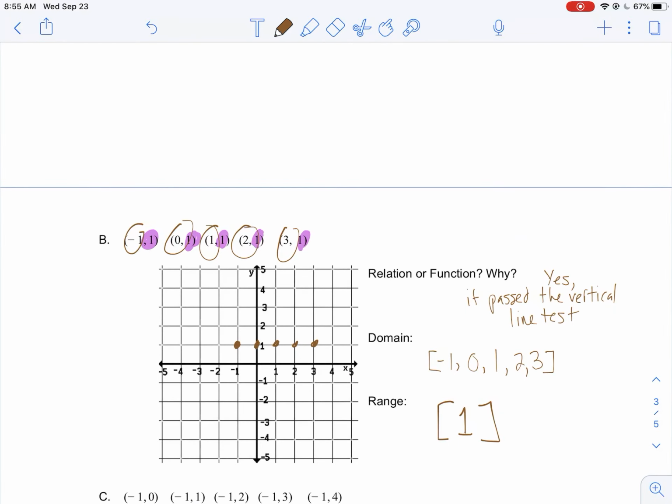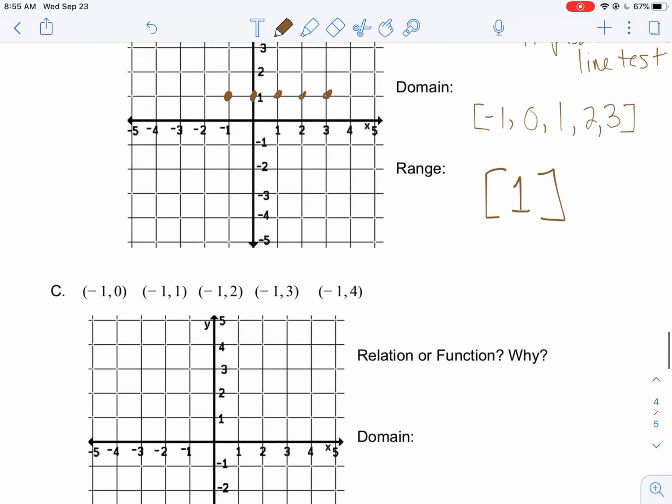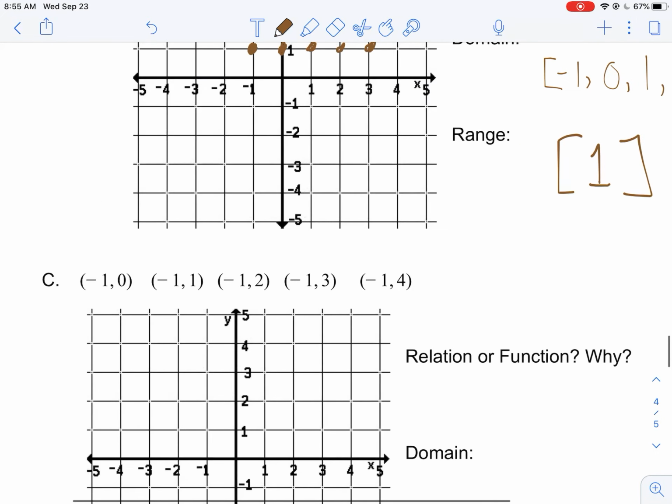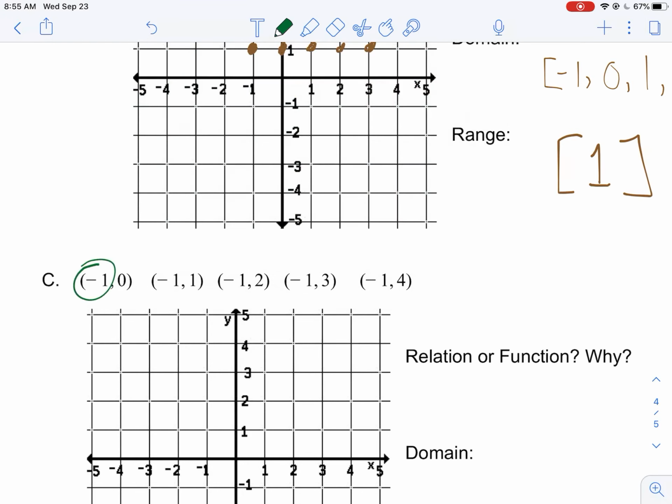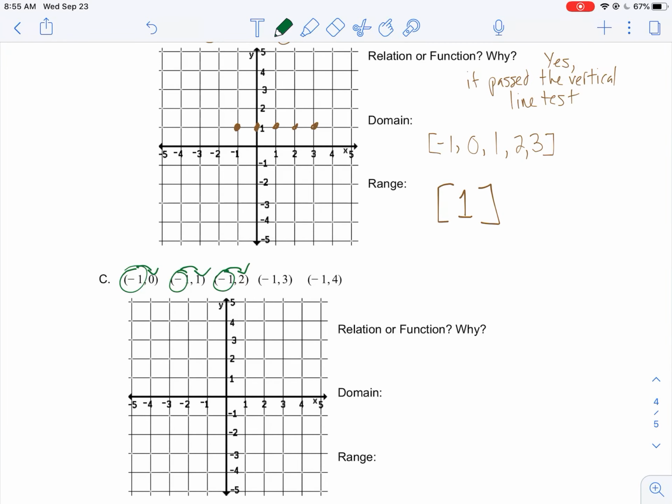So that's what we're looking for here for these examples. You want to graph your ordered pairs and then see if they're a function or not. You can do the vertical line test like I did. You can see if the x values repeat at all, like in this case with C. Spoiler alert: -1 goes in, 0 comes out. -1 goes in, 1 comes out. -1 goes in, 2 comes out. I'm noticing that every time I put in -1, I seem to be getting a different answer. That's not a function. What should be happening is when I put -1 in, only one thing should be coming out. Hopefully this helps you with